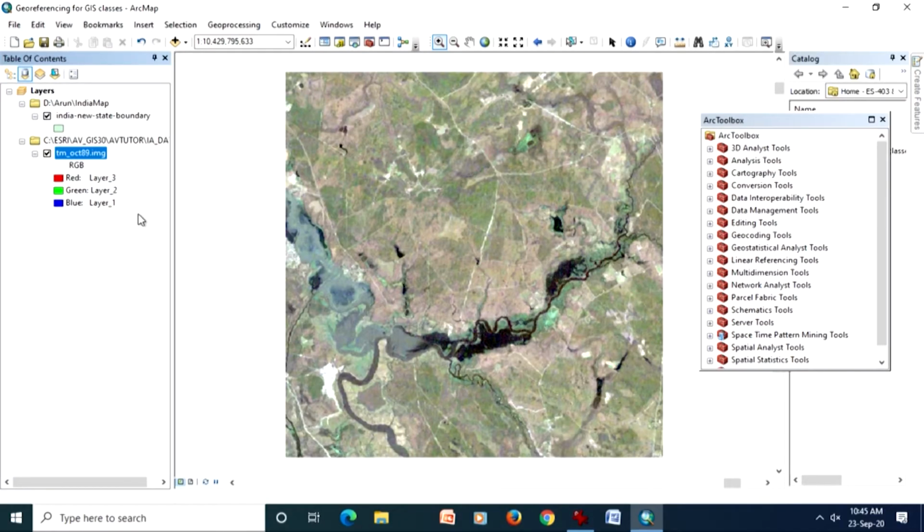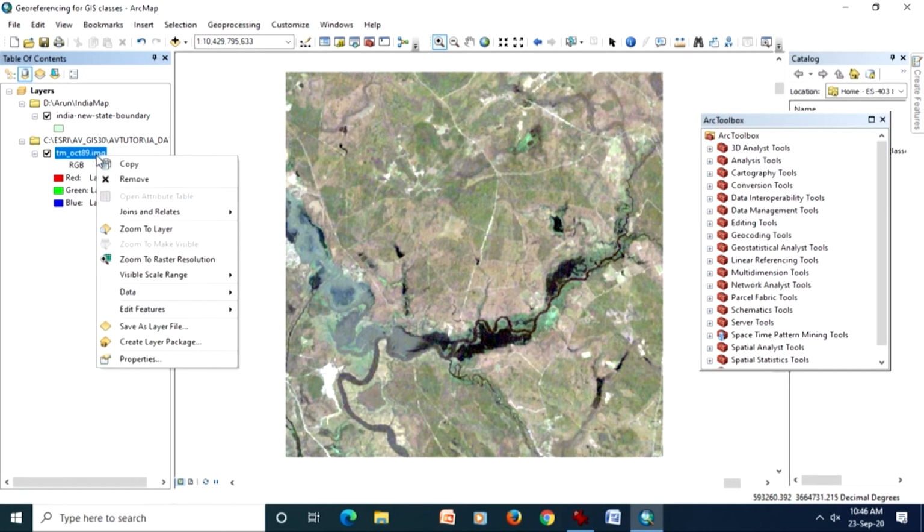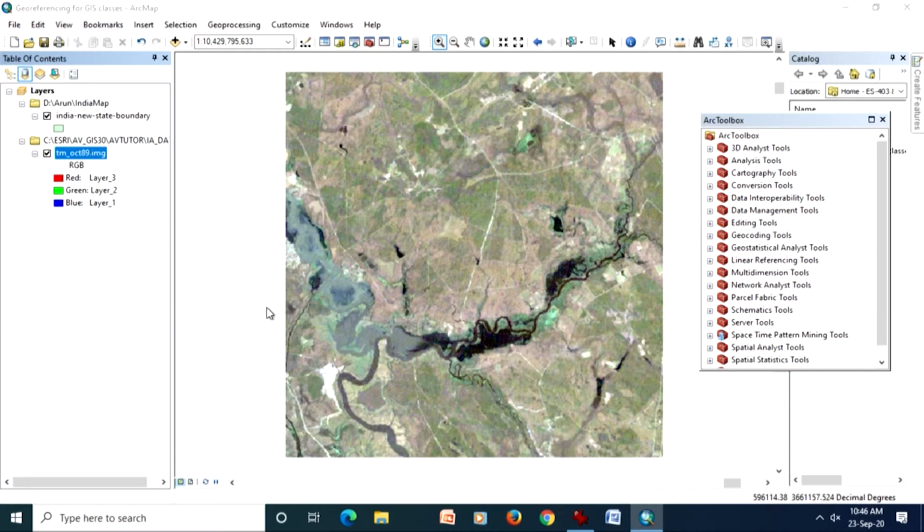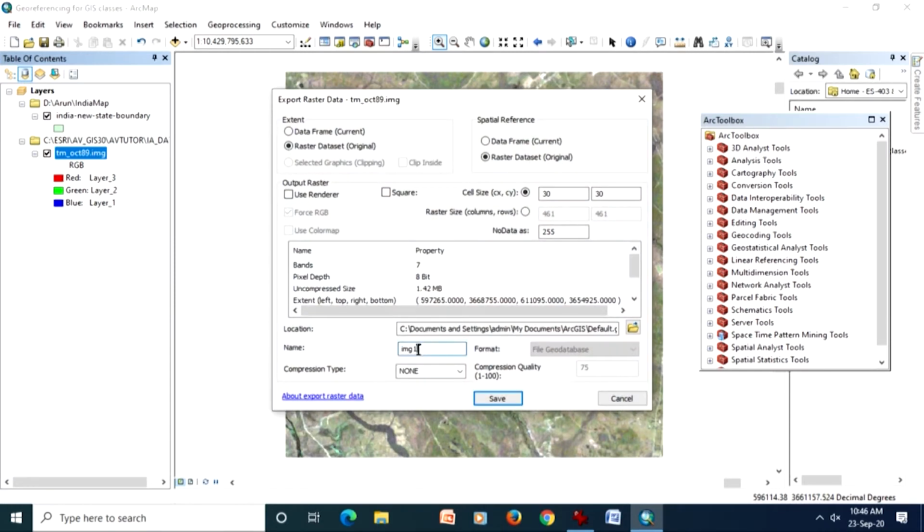In ArcGIS software, when we want to save a file, suppose here I have this one file which is in IMG format, a satellite image, and if I want to save it, at places I will get these options of data compression. If I go here and save my data, like export data, that means I am going to save in a different format, which I can choose here. If I don't choose, then I have the option for compression type.